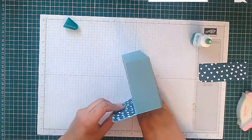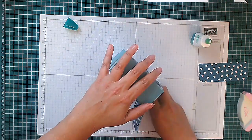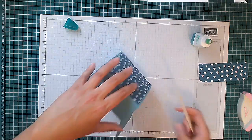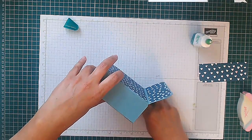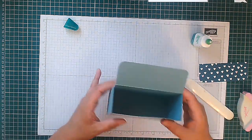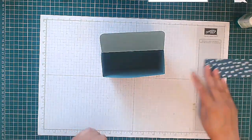And then what you'll do is you'll go in with something flat. I'm going to use my handy dandy bone folder and just really press that down to get that glue to take, and do the same on both sides. And the bone folder is great because it has a point so you can get into the corners. Okay, so now